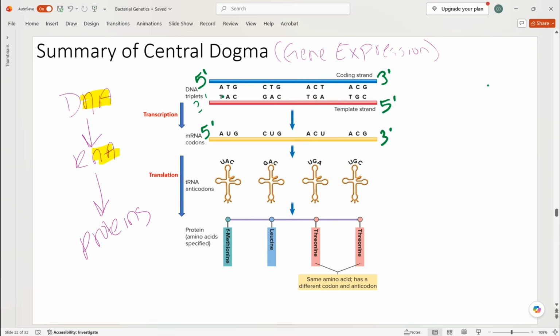And you'll notice we have our base pairing, right? We're going to have thymine on the template DNA strand. Thymine pairs with adenine. Now we have adenine on the DNA strand, but remember, in RNA, it pairs with uracil. There is no thymine in RNA. So then we look at the next base. We have cytosine here on the DNA, which means we're going to have its base pair, guanine, on the RNA.